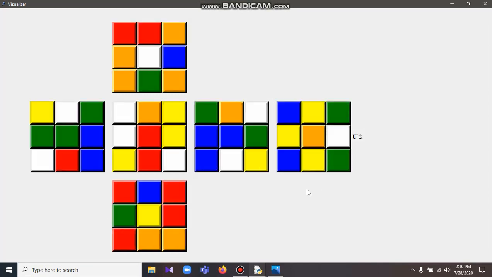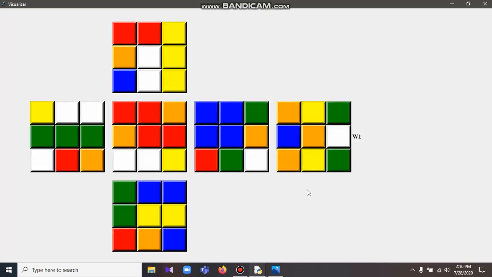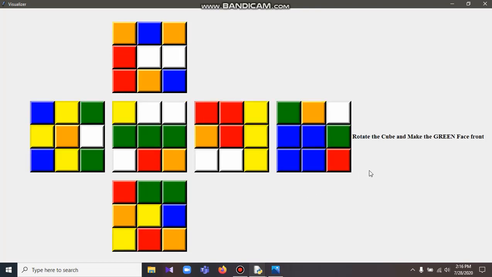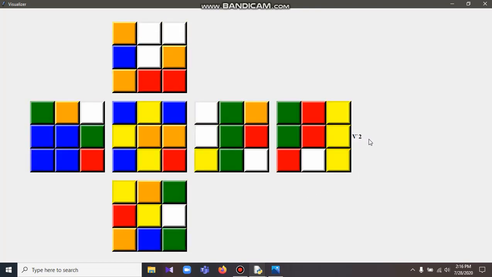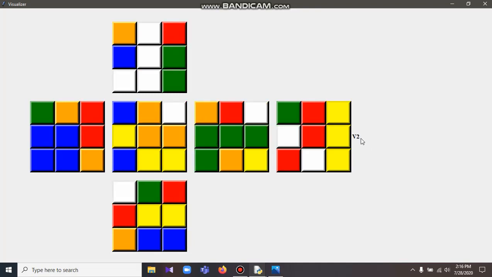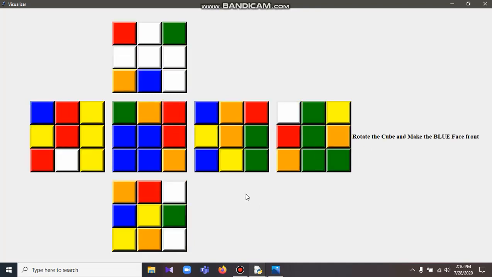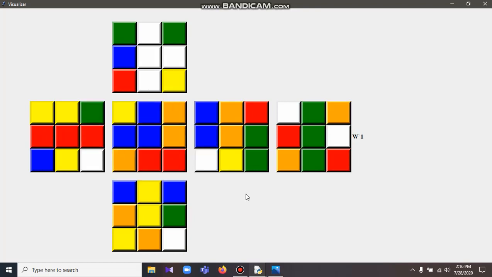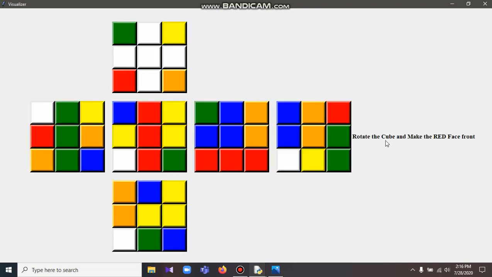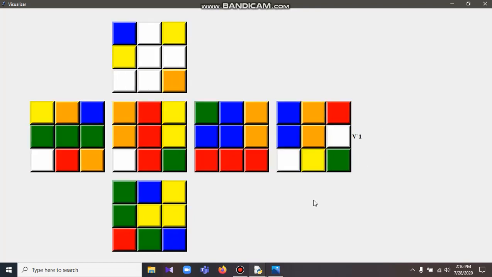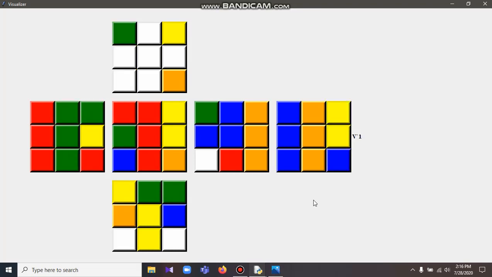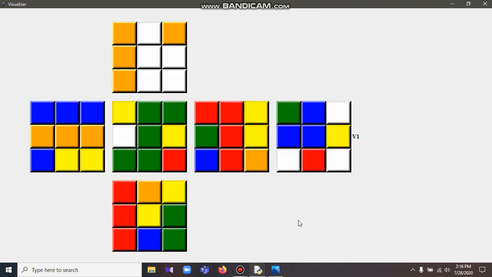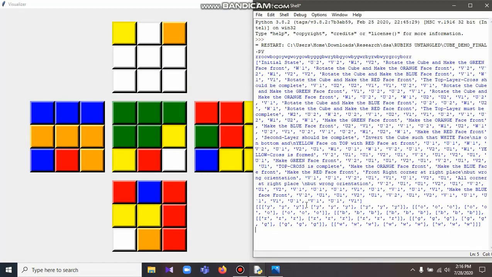As you can see, the algorithm is now running, and each move that is being called, according to that move, the orientation is being displayed. So the user can verify each of the orientations that they have according to the move that they perform given here. The visual representation is obviously taking time, but the algorithm itself takes about 2 to 3 seconds at most to give this output right here.